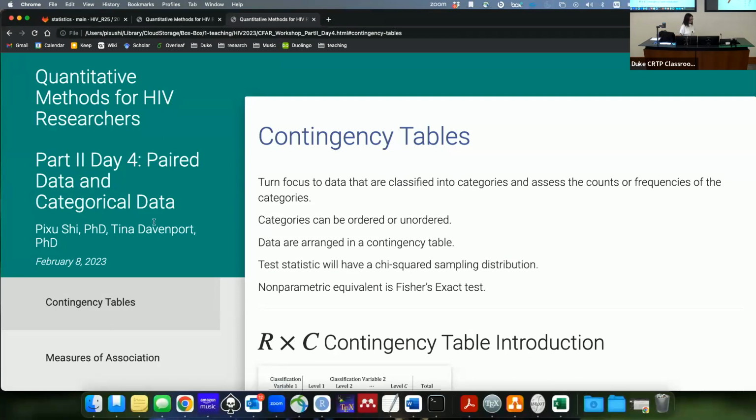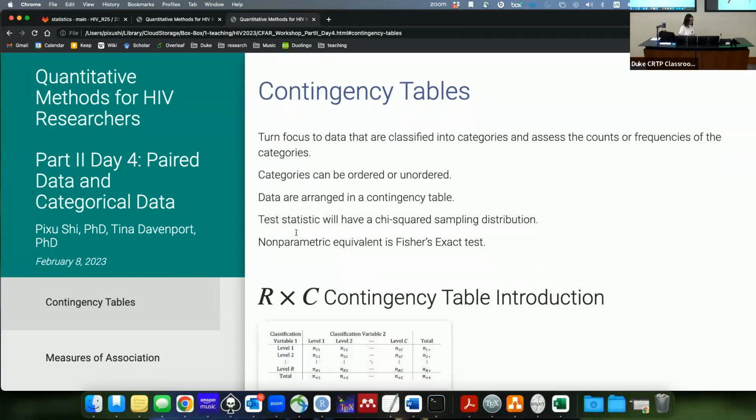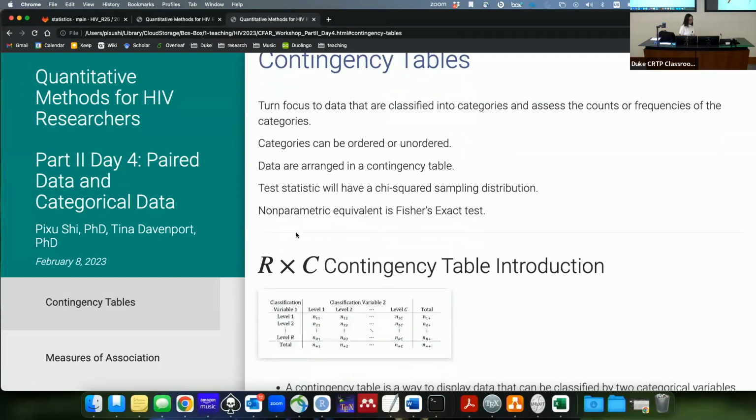So now we're going to talk about contingency tables. This is a situation when you have two variables, each categorical, and you are trying to assess if two categorical variables are associated with each other. For example, if your exposure to a certain risk factor is associated with your outcome, and your outcome is disease or non-disease, responding to treatment or not responding to treatment, it has to be categorical in both